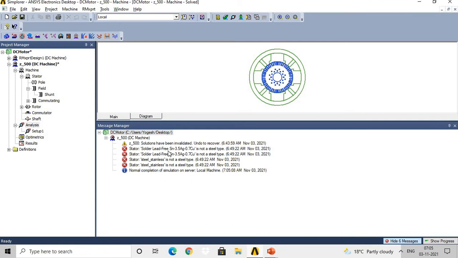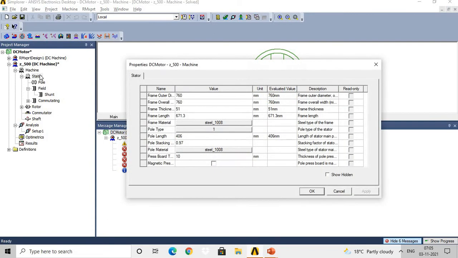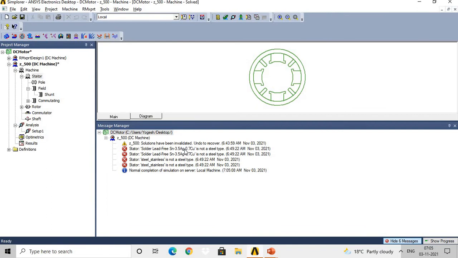But if there is any error, like if you select any other material in the stator, suppose right now what is the material I have selected for the stator? Still 1008. But if I select any other material, then the stator error will be shown by a red cross mark.